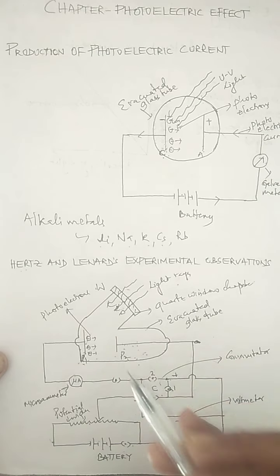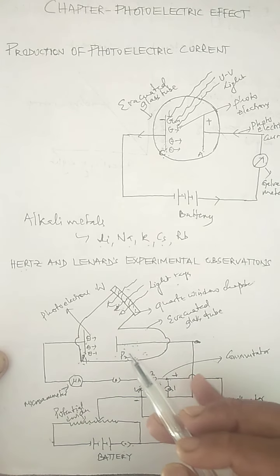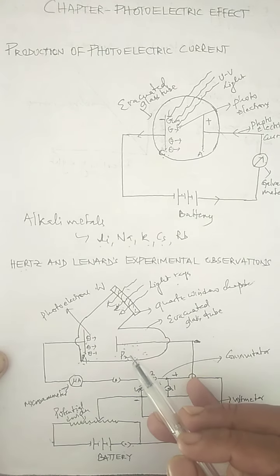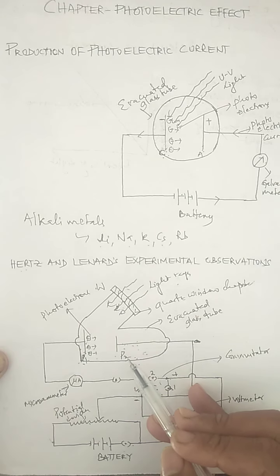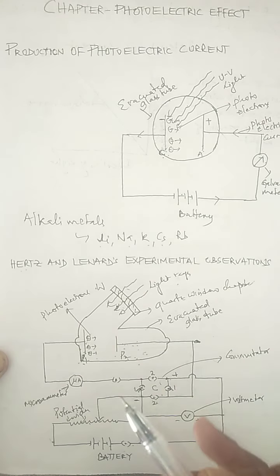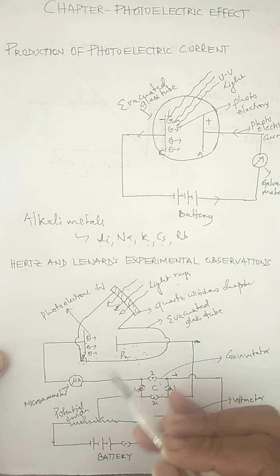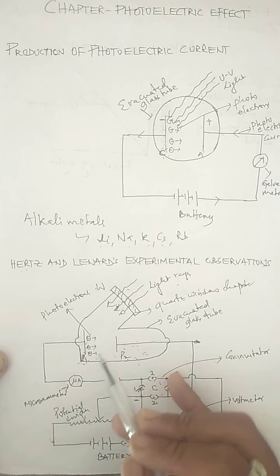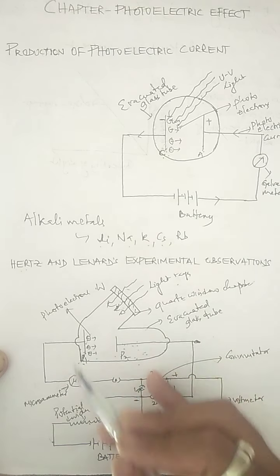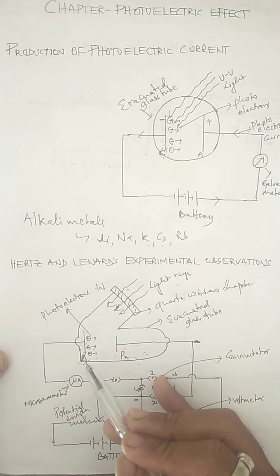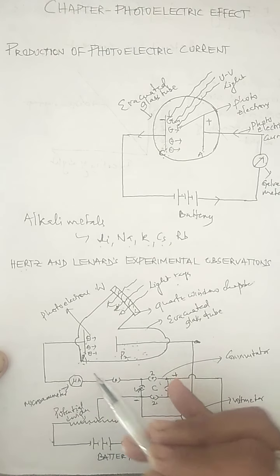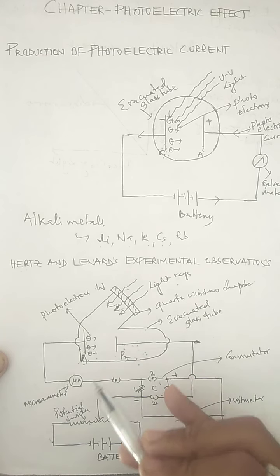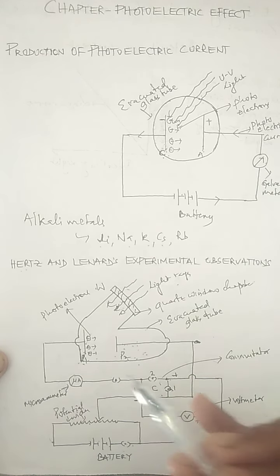So a stage will be reached when a maximum negative potential is applied at plate P2, so that even the electrons moving with the highest kinetic energy will not reach plate P2. That means all the photoelectrons emitted from plate P1 will not reach plate P2. So when they do not reach plate P2, it means